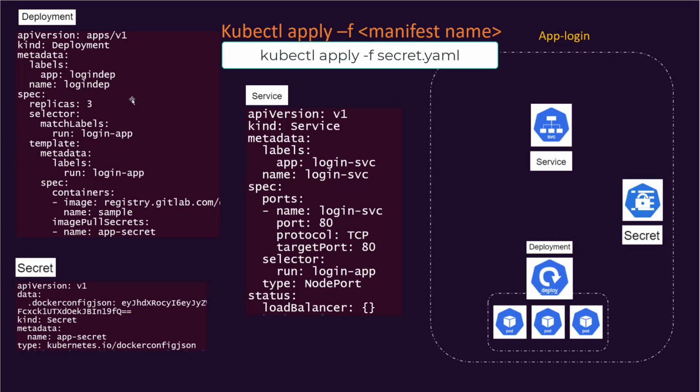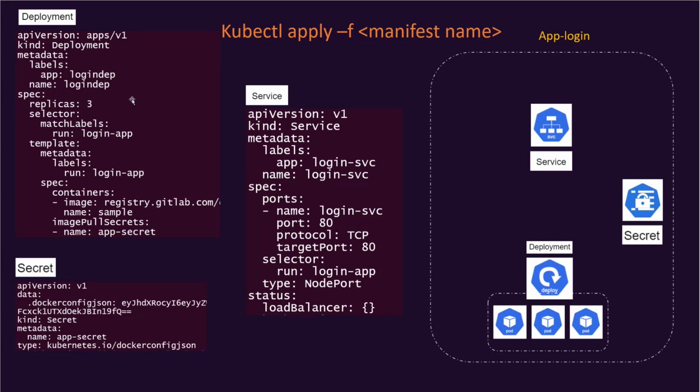At first, kubectl apply -f secret, and then kubectl apply -f deployment, and after that kubectl apply -f service manifest. You see, to bring up a very simple application, we need to run this command 3 times. If we look at an application at big scale, normally we need more objects like persistent volume, like config map, and